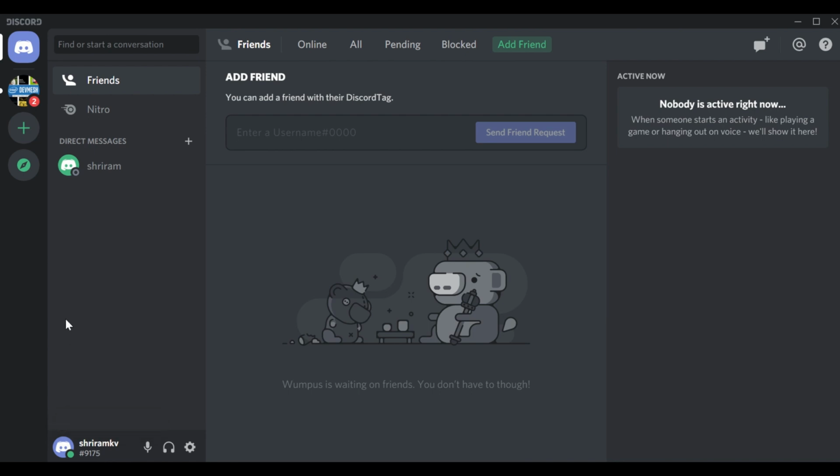Now let's go ahead and create servers one by one. I'm going to create a couple of servers quickly, and then we'll see how exactly to invite friends into that server room. A server room will have multiple channels. I'll give you a simple example. A server is like a house. A house can have multiple rooms, and multiple rooms are nothing but multiple channels. If you are a very rich person, you can have multiple houses as well, and the multiple houses will have multiple channels again.